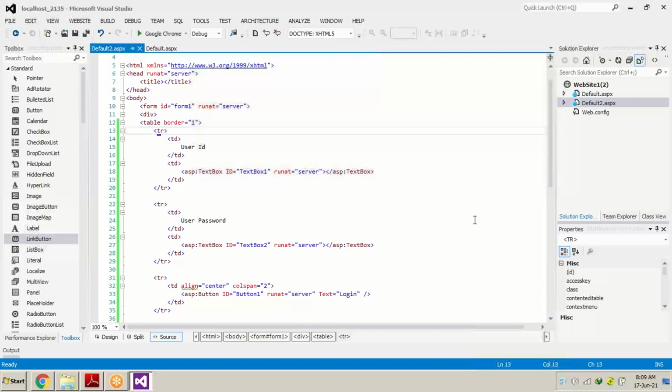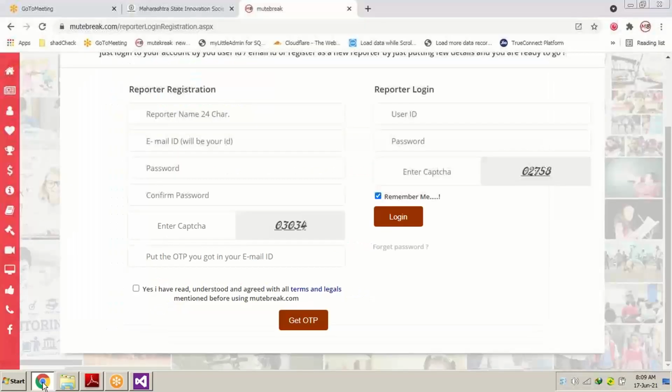Okay, so can you all see the screen? Okay, thank you, Ankit. So what I was saying is that the screen which I have open is the login page. The screen which is appearing is the designing part of the screen.